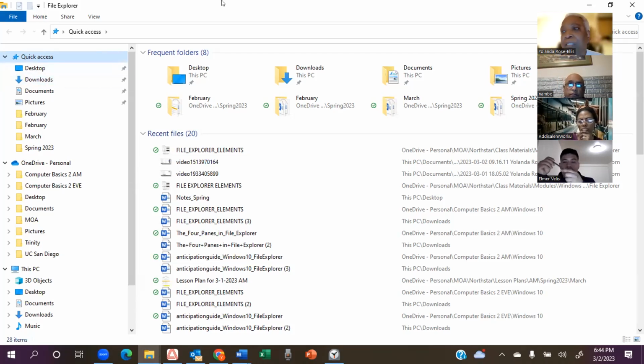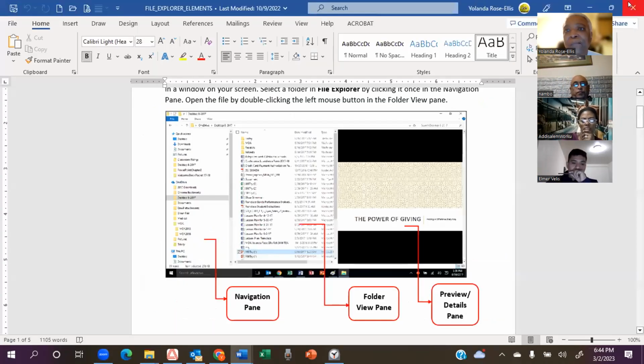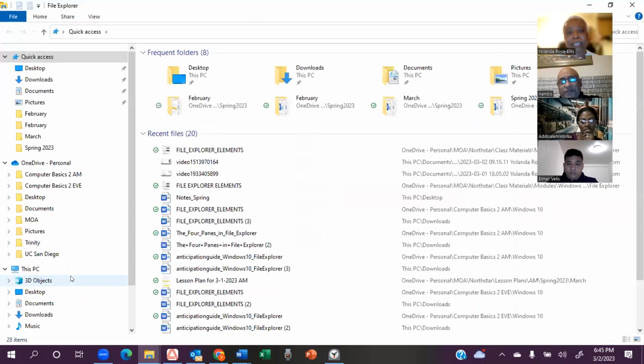Close File Explorer. Go ahead and close your File Explorer. And let's use the shortcut keys. What are the shortcut keys to open File Explorer? I'm frozen here, I'm waiting for the answer. The Windows key plus E. E is the E keyboard key. Windows key plus E. And you can see when you open File Explorer,